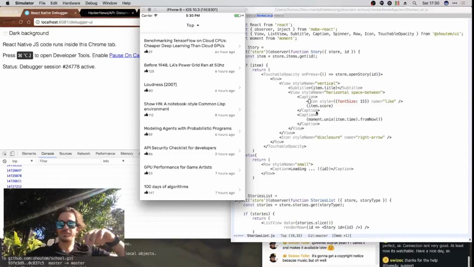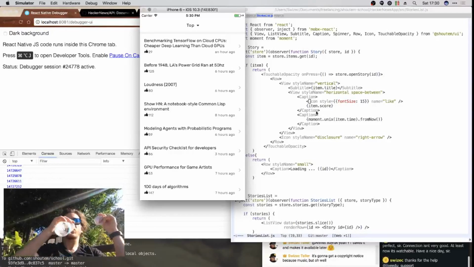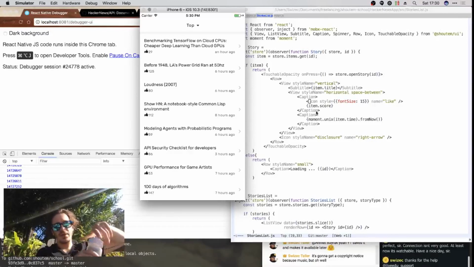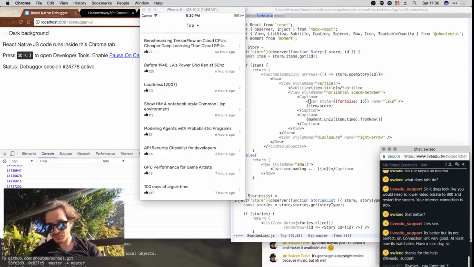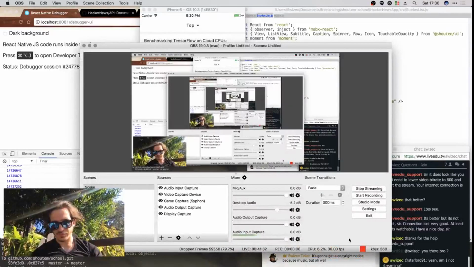But now I can't use React Navigation because I'm using the Shoutem toolkit. So I think